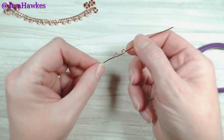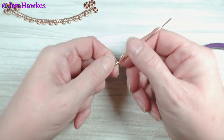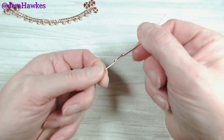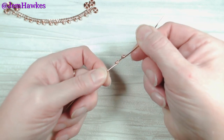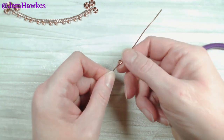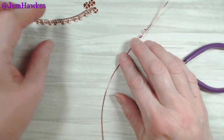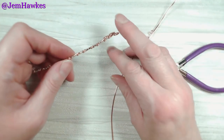So you can make all of your loops rotating in the same direction if you want to. What I've done is a loop in one direction and a loop in the other direction. What this will enable to happen is for the whole thing to be significantly flatter. So you've got 2 choices, and I'll show you what it looks like if you do all the loops in